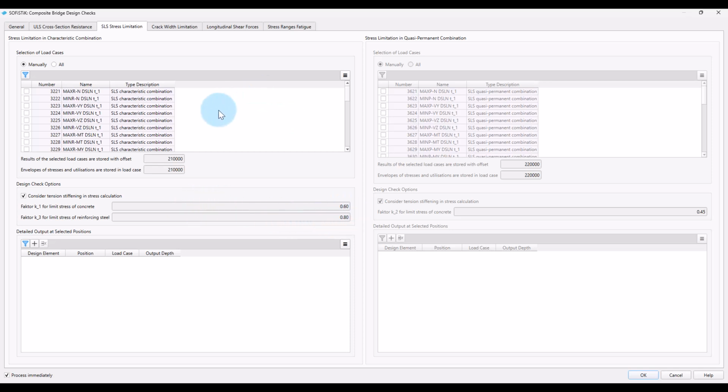So now let's select the load cases for the check. In the list we have all load cases of the SLS characteristic combination. As for the ultimate limit state, I will select here the load cases superposed for max and min bending moment My and maximum and minimum shear force.